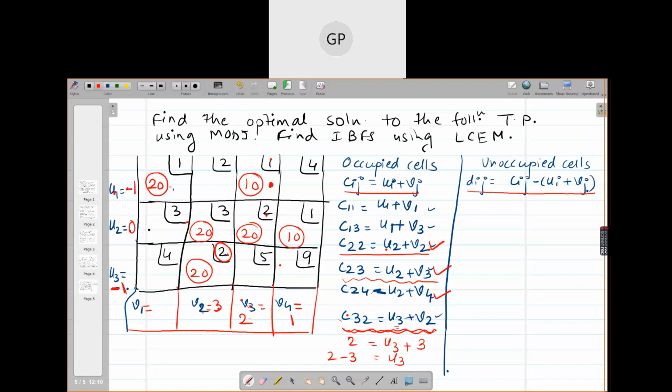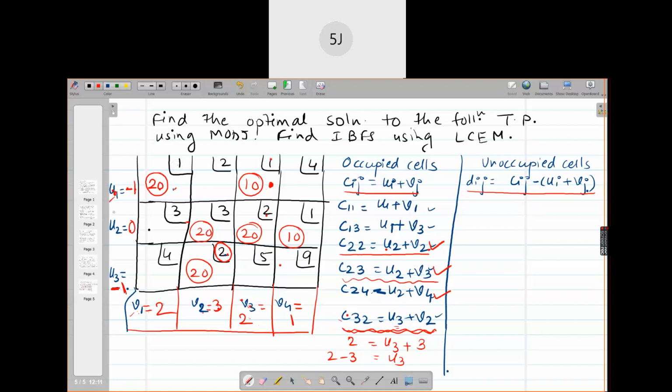Now go to the first one. So first cell का इक्वेशन क्या है? U1 plus V1. आपको ऐसे देखना है उसकी तरफ, फर्स्ट रो फर्स्ट कॉलम. सो ये प्लस ये, U1 प्लस V1. So -1 plus V1 is equal to 1. So what should be V1? 2. Have you understood this? Yes, ma'am. It's very easy.